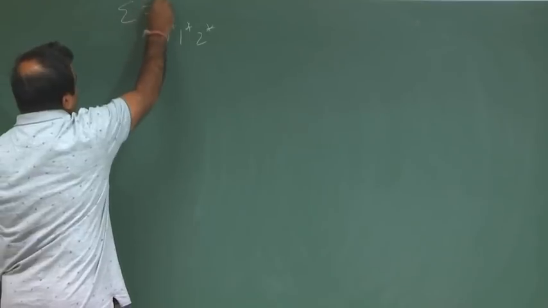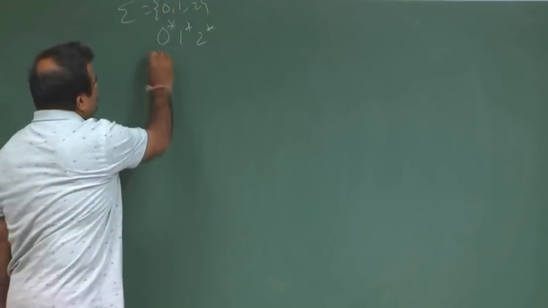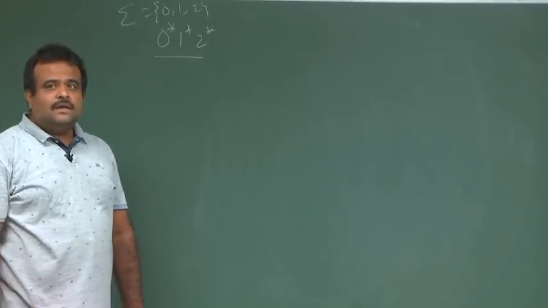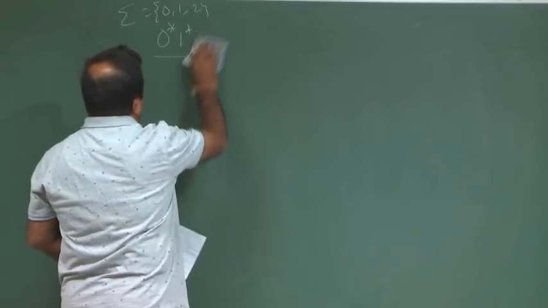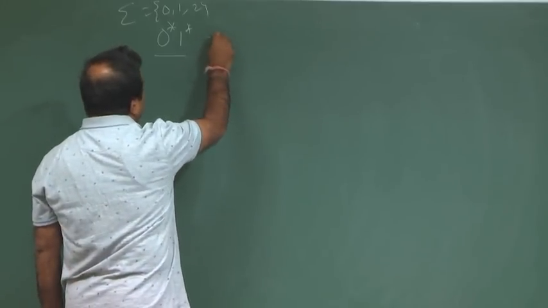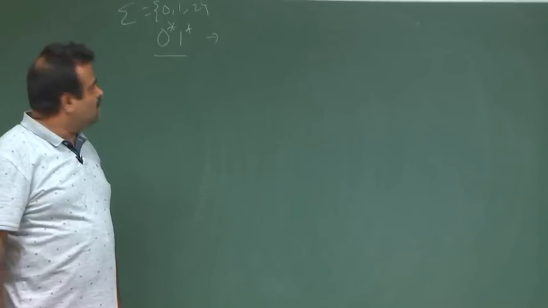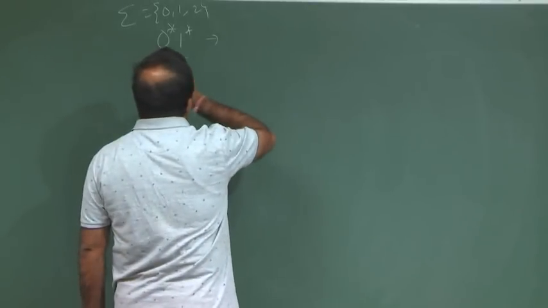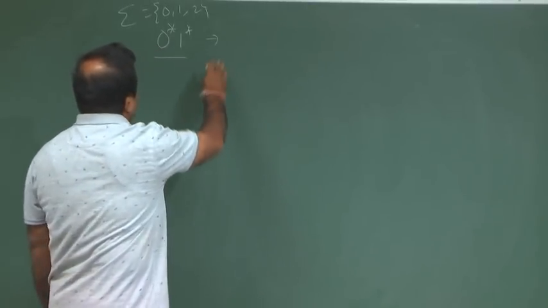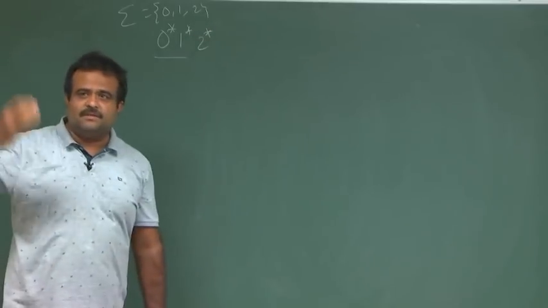If sigma is say 0 1 2, this is a regular expression. If we have only 0 star 1 star, then what is the language? This is any number of zeros followed by any number of ones. Okay. If we take a 2 star also, any number of zeros followed by any number of 1,